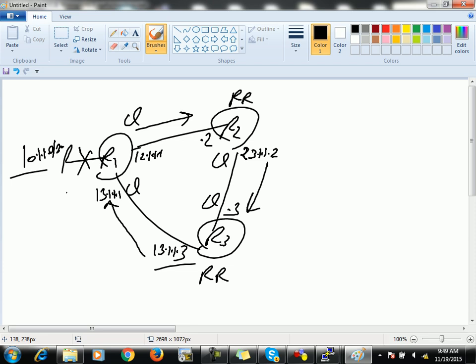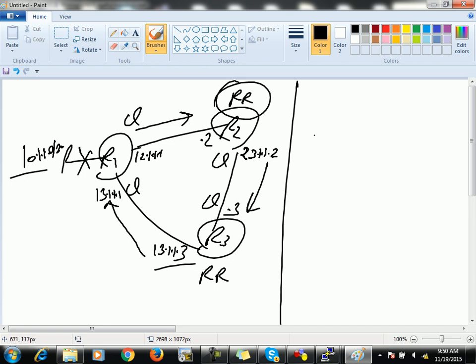But we are using all these things on a wide scale, and if we are using it on a wide scale, it means there must not be any vulnerability related to routing loops. There must not be any formation of routing loop even after using route reflectors, right? So of course there are certain rules in BGP, even after configuring route reflectors, which will be really helpful to prevent the network from routing loops. And those things take place after implementing route reflectors, right? So there are two things that will be newly introduced after implementing route reflectors in your network,